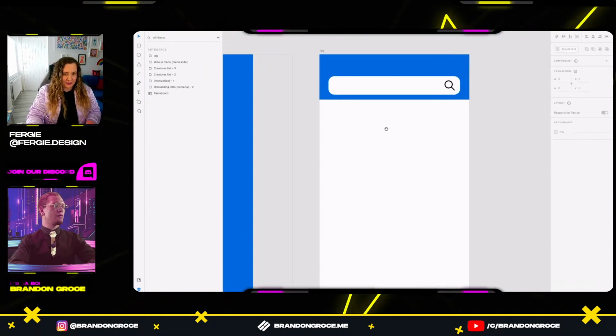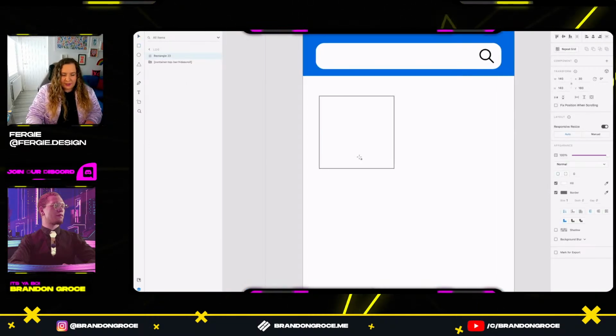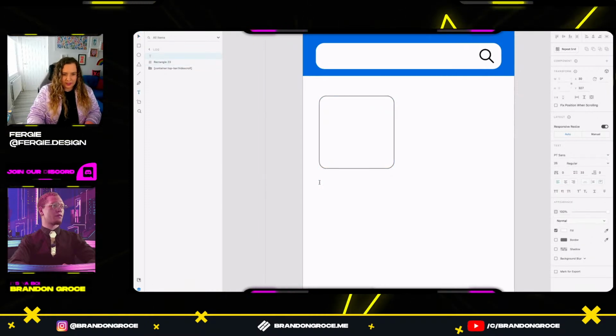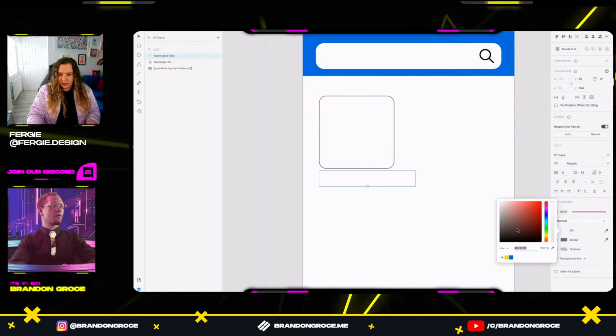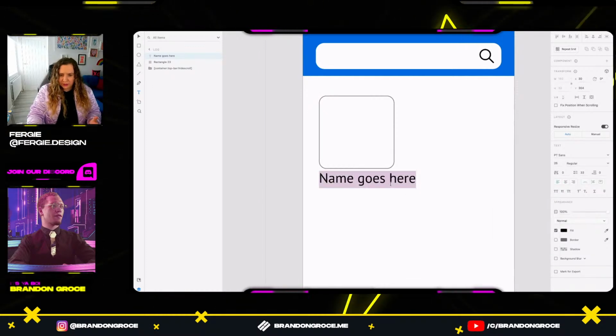Now this is where we're going to get into creating our little catalog of creatures. So I'm just going to create a little square here, or rectangle. Name is going to go there. It would help if my text wasn't white. There we go. And that can be about